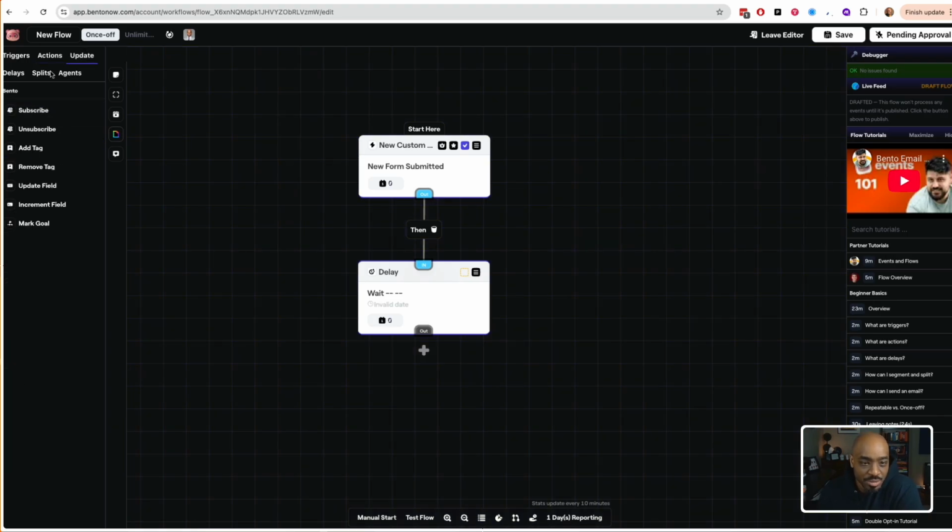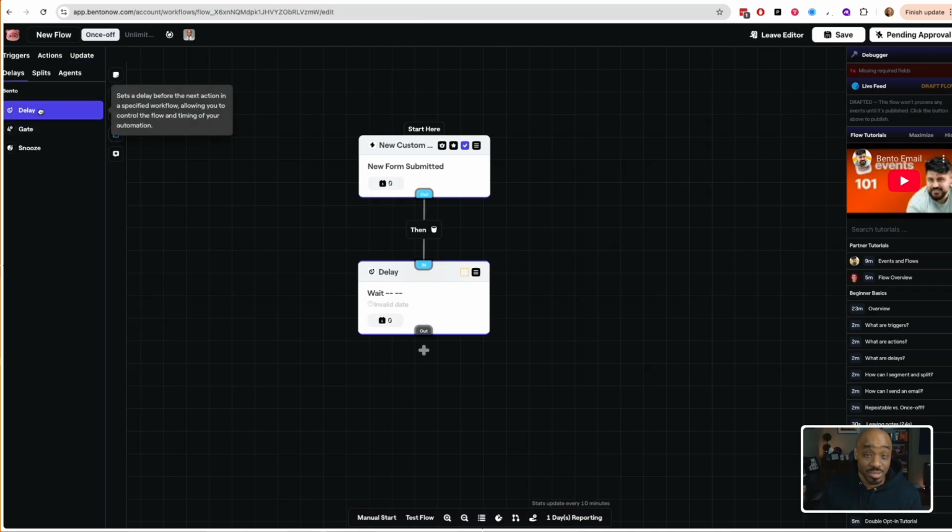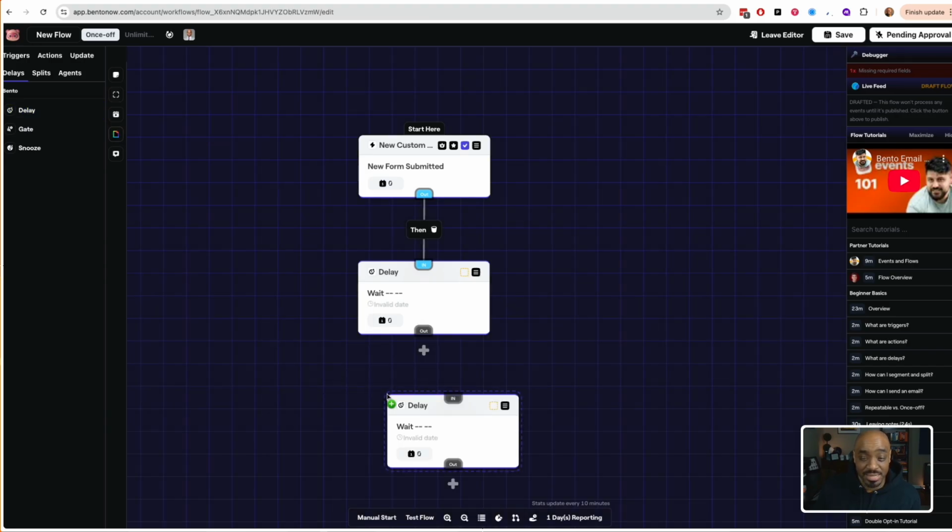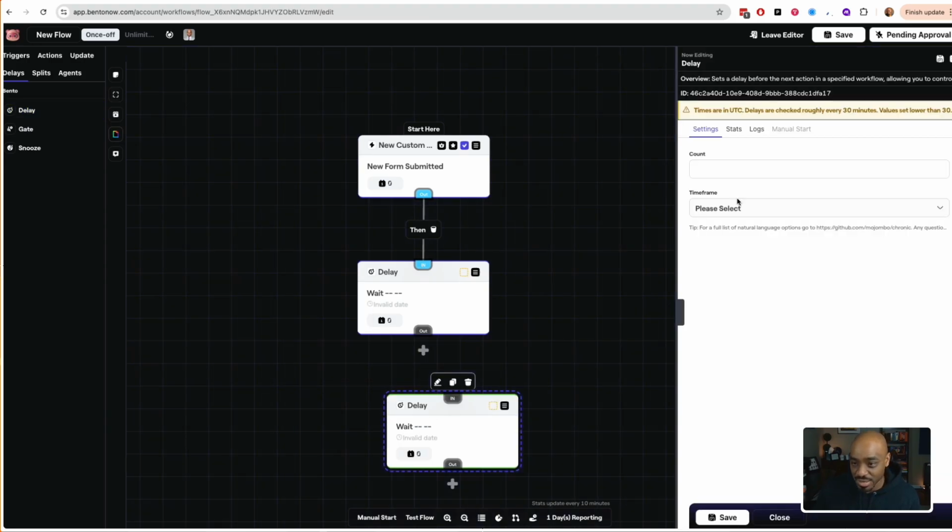But let's just look at some other things. You can update their subscription status, tags, fields. You can increment a field, mark a goal. What does it say? Marks a specific goal as completed for a user, allowing you to track and analyze user interaction. So that's fine. Delays, you will not find delays based on date fields. I believe I can delay based on a date. I think I can